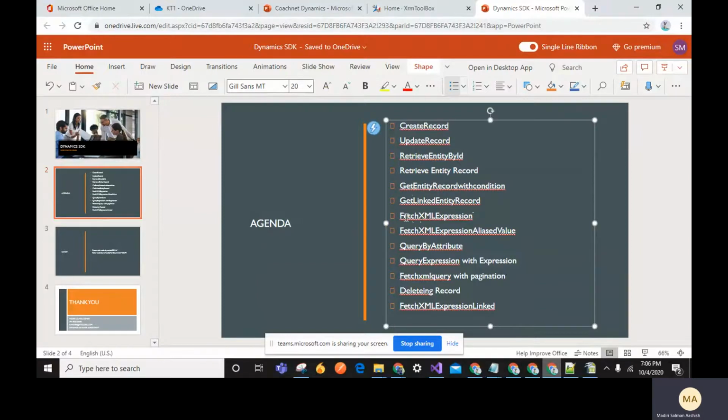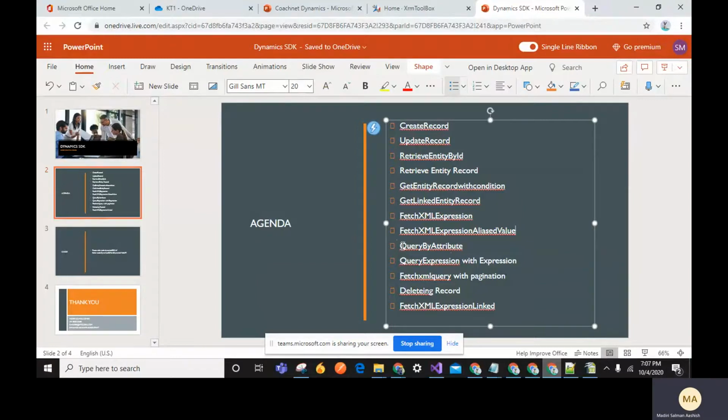With the help of fetch XML, we can use that code in our SDK code also. And we can write a fetch XML with some alias name also, like suppose I want to give it some name. Query by attribute is like, suppose I have fewer conditions, so I want to get records with one condition, called email. I want to get email equal to some email address.